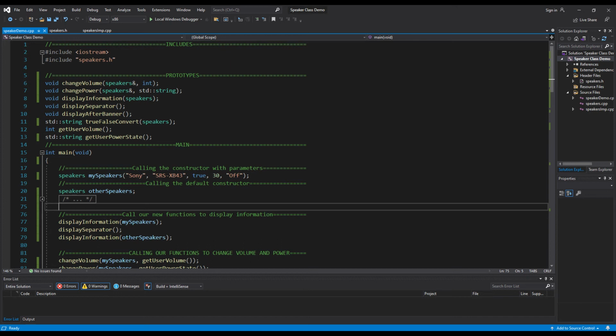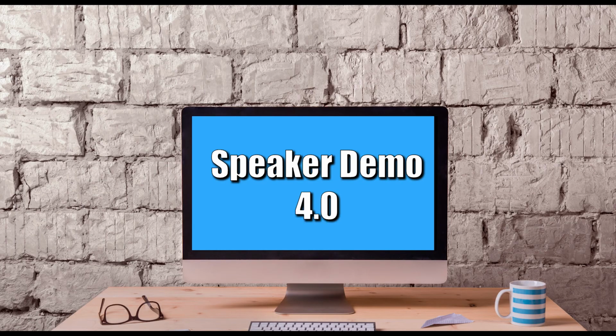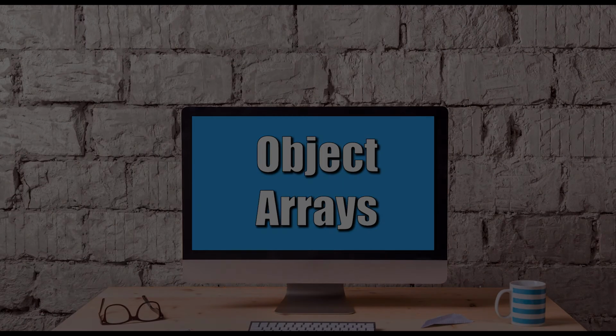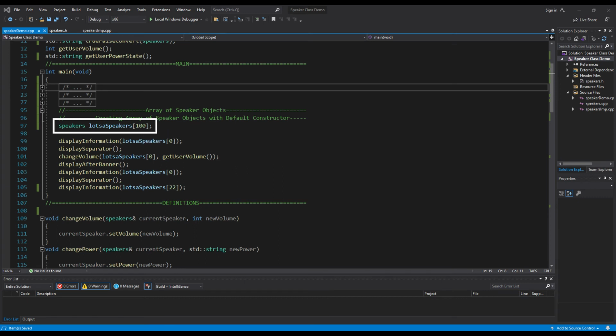The last thing we're going to do is look at creating arrays of objects from a class. Here, I've created 2 objects. Next, I'm going to create an array of objects and show you how you can access each object in an array. What I've done is I have created an array of 100 speakers called lots of speakers. And when this is created, each of the objects in the array are going to be instantiated using the default